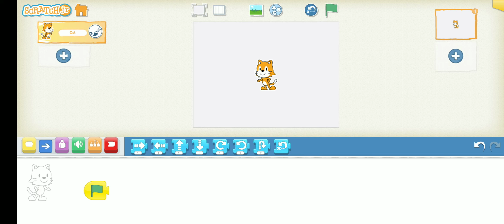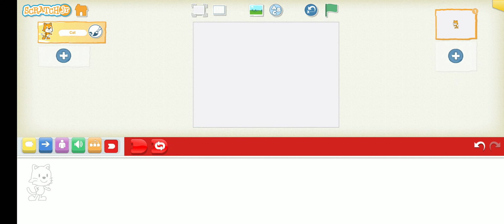Now another very important feature for making your story is the red block. It is very interesting. Suppose you have multiple pages. On this page you have created one story and on the second page you have a different story. So how do you add a page? Let us understand one by one. On my right hand side this plus button is there, click on it. My new page came.